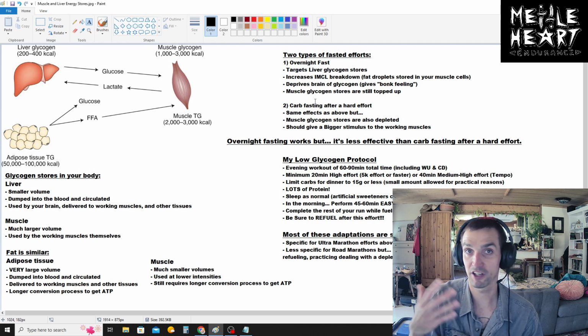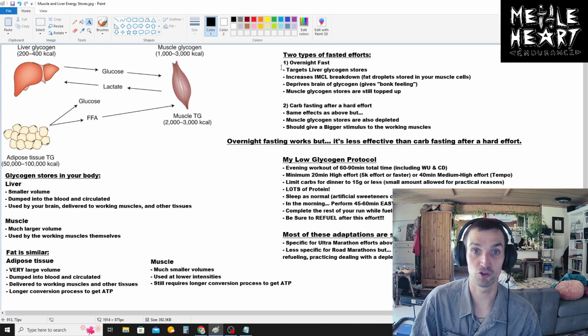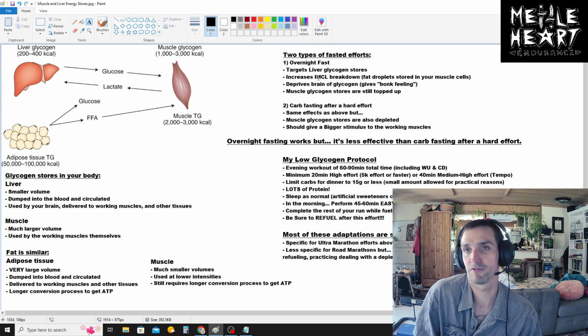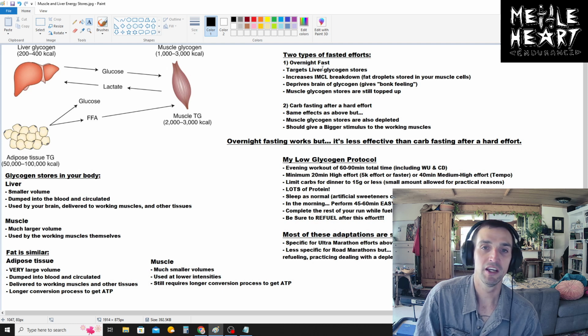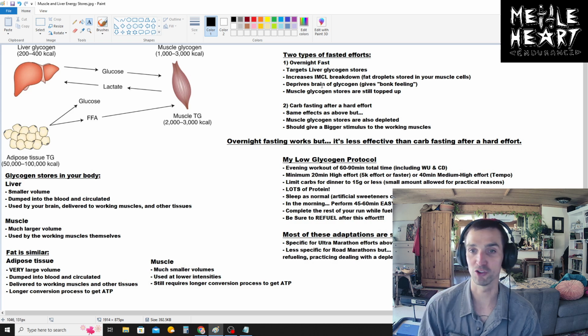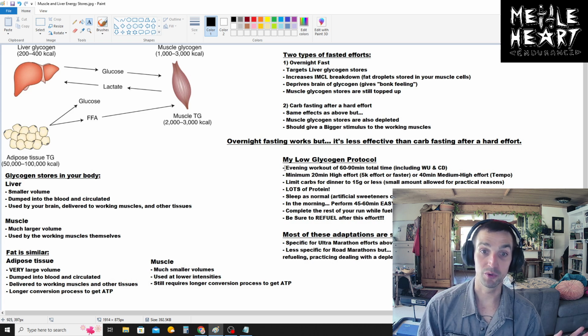So this is the first decision to make. If you want to try this, try an overnight fast first. It's probably a good first step. If you're training for a really long event, you could try the harder one, or if you just really want to see what it's about and if you can tolerate it, you will probably get a bigger effect from doing this second protocol. So, the second protocol is to do an evening workout,